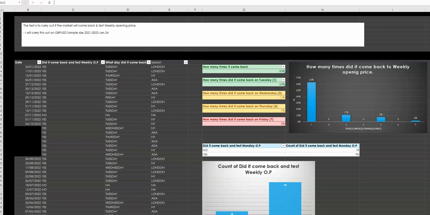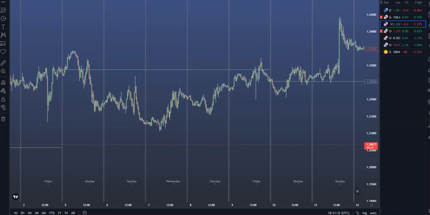And the reason why we were testing these opening prices is because if we jump into a chart for a second, you're going to see that the biggest moves of the day are taking place at the low and the high of the day. This is why we trade these areas. This is exactly what I teach in the program. So when we were looking at these statistics, we're looking for areas of taking trades from lows and highs of the days.